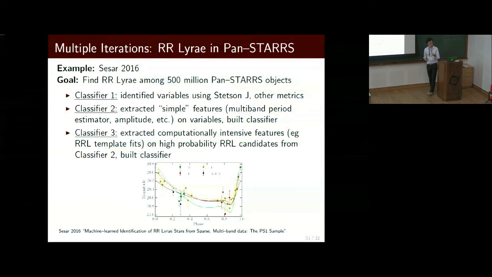Once Cesar had computed these features, then a classifier was constructed on the variables, and certain objects were classified as being certainly not RR Lyraes, and others were classified as being potential RR Lyraes. So this is with a probabilistic classifier. Once the classifier outputs